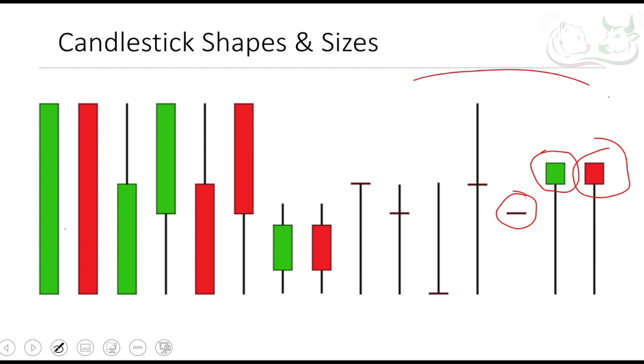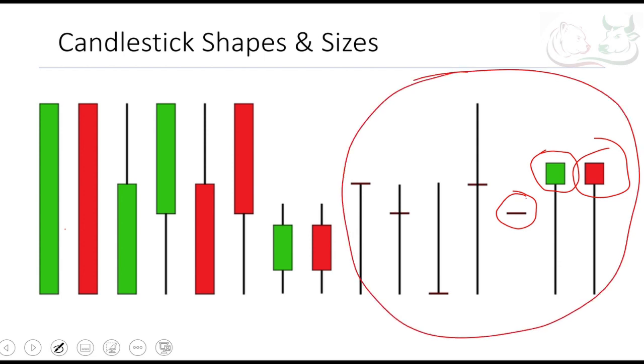So we'll talk about these candles in our next slides, because these candles need a little bit more elaboration. They are very, very important candles, and many a times they show a reversal as well, reversal signs as well. All right, so